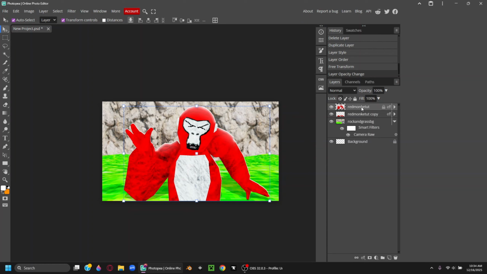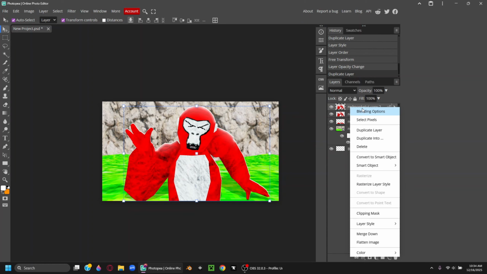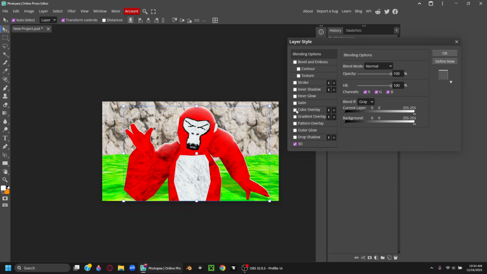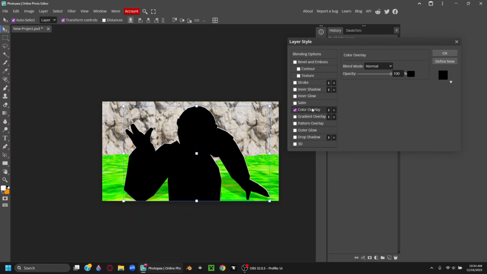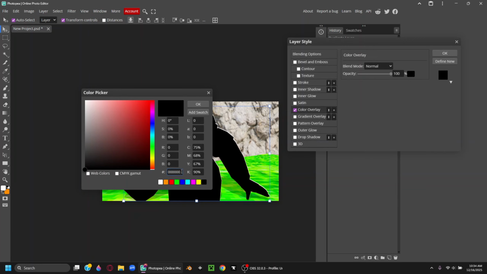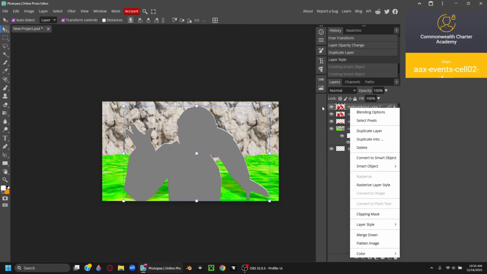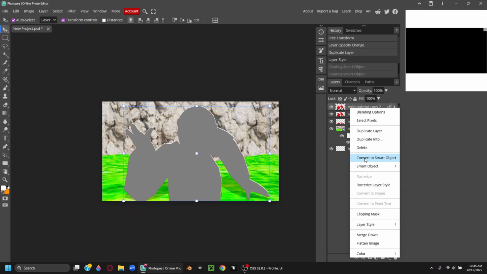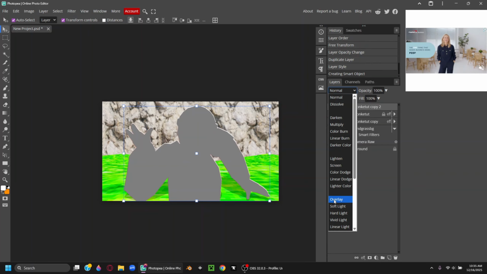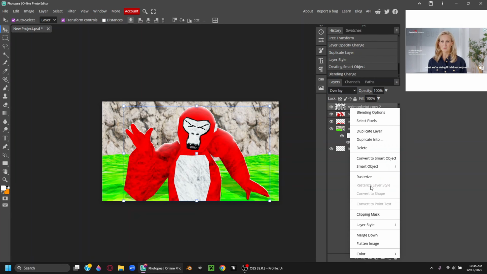Now I'm going to show you a different shading technique. So you're going to copy and paste your monkey again, go to color overlay, turn off 3D, but this time you're going to go to color, and then in the hashtag part, you're going to type in 808080, and once you have that, you're going to right click your gray layer, and then you're going to click convert to smart object. You're going to click no, go to overlay instead, then you're going to rasterize that,